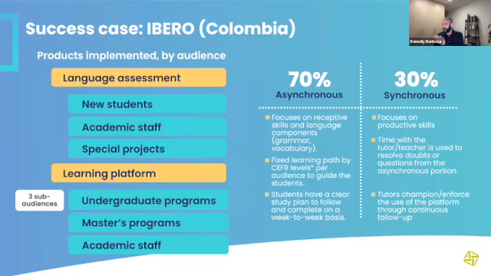Now, the synchronous part of this program focuses on two things. One, I already mentioned, which is conversation and productive skills, but also doubt resolution. Usually when the student is working on an autonomous program, they also need regular support. They need to be able to ask questions regularly, and these doubts need to be resolved. This is another reason why they usually leave. They encounter some type of difficulty, and they are not able to overcome that obstacle, which will be greatly reduced if they have a tutor, a teacher, on a weekly basis,